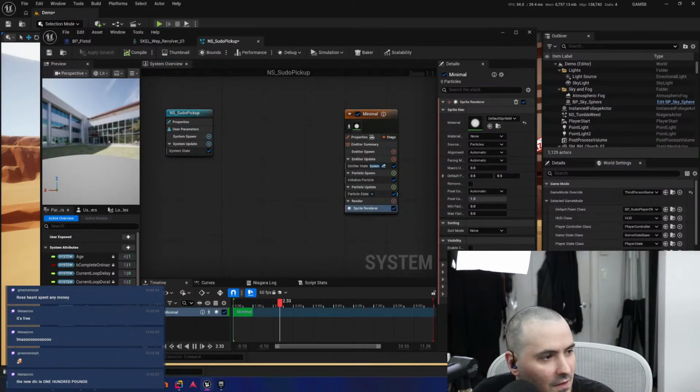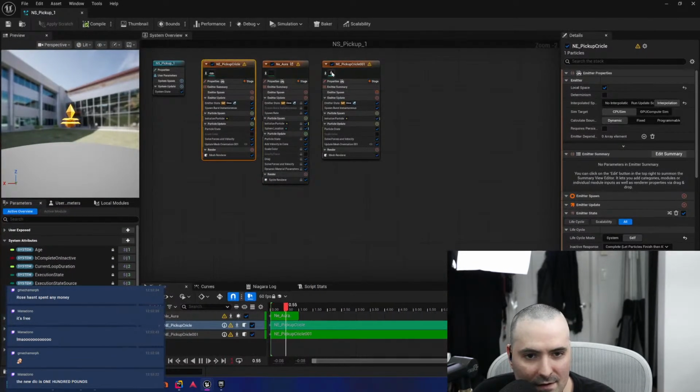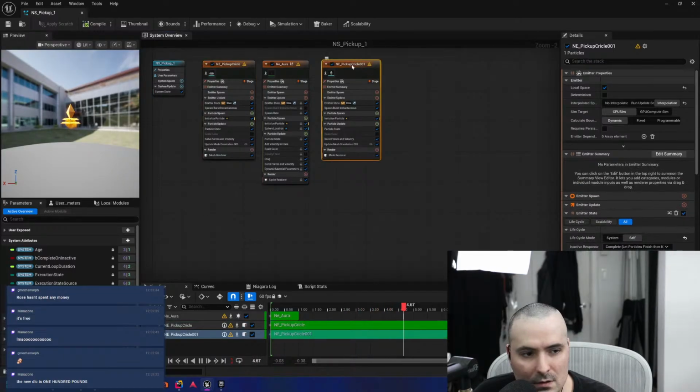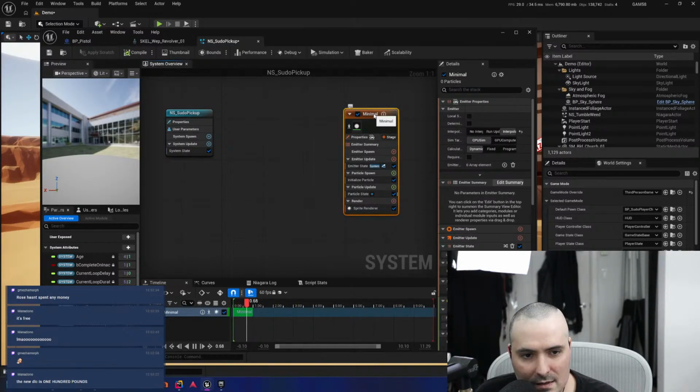Okay, so this pickup circle looks to be a mesh. So we have this is a mesh and this is a mesh. So we need this. So if I do here, this is an emitter, right? Niagara overlay node, overview node.